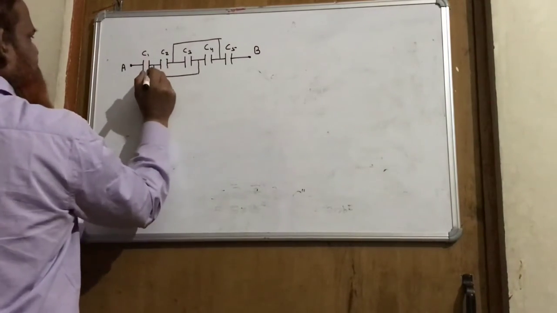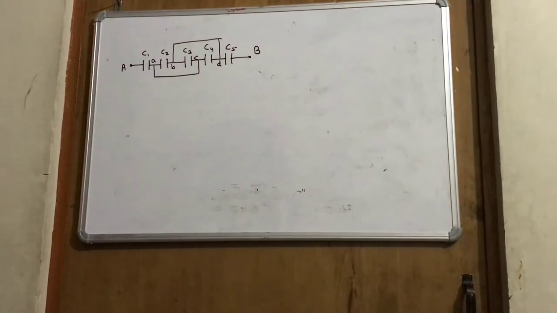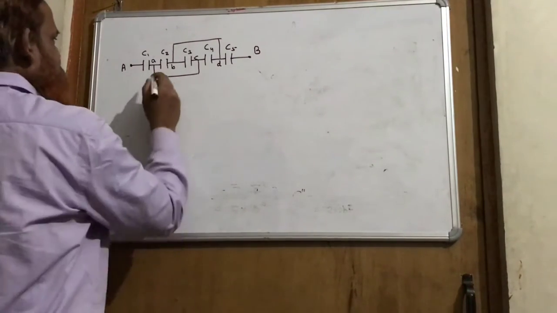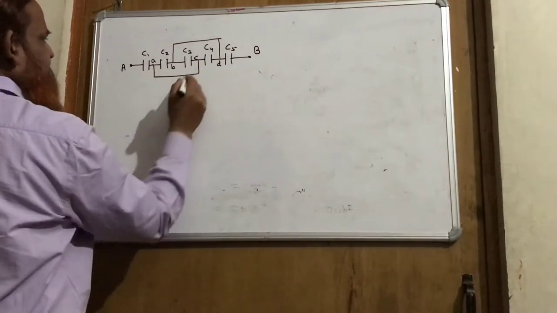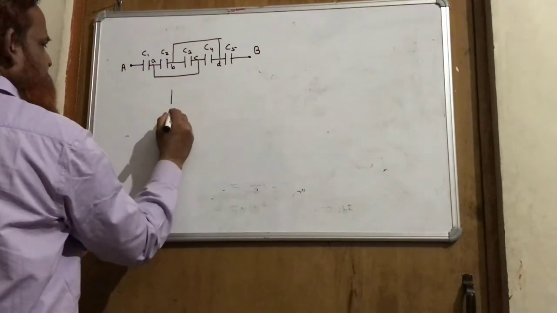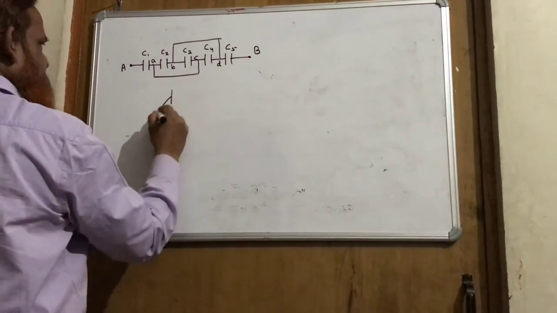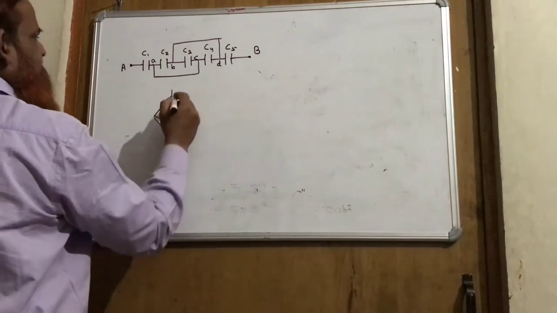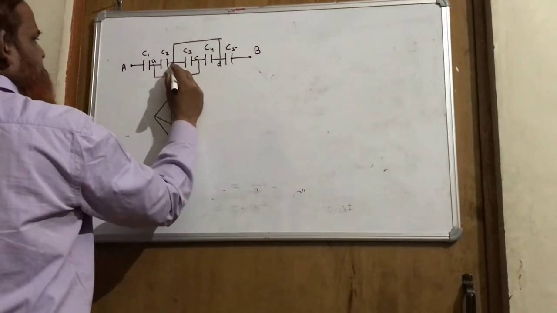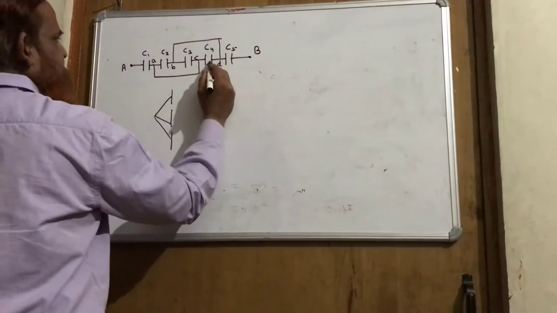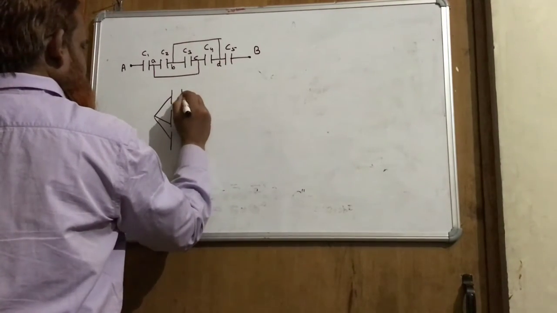So first we will write the names of these points A, B, C, D. In capacitors C2, C3 and C4, you can see one plate is at A, and at point A the second plate of a capacitor is connected, and the first plate of C4 is also connected at A. And the second plate of C2 is connected at B, the first plate of C3 is also connected at B, and the second plate of C4 is also connected at the same point. So the combination will be in this way.